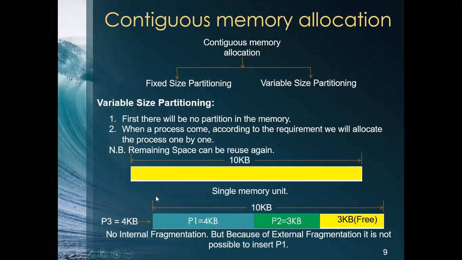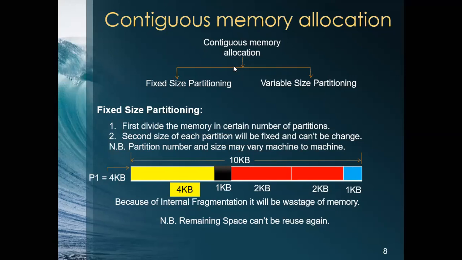So here is an example. In the fixed size partitioning, one process came, and the size of the process was 4 kilobyte. So if I had a total of 5 kilobyte of space, and from there a process came whose size is 4 kilobyte, then I allocated this 4 kilobyte to this process, and the rest of the space, this 1 kilobyte, the one that you marked black, is actually wasted memory, because now no one else can use this space. It's like this, that we have a classroom where we are taking the class, but the number of students is only 20, but there can be 50 students in the class. So the rest 30 are actually wasted. So this is called internal fragmentation.